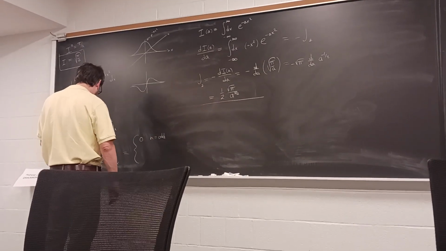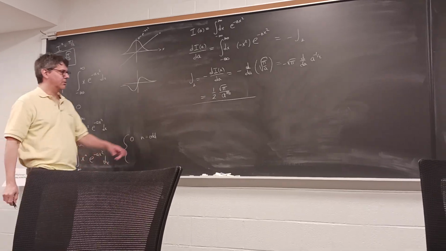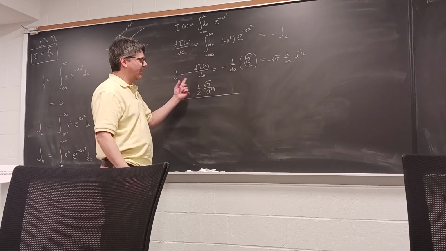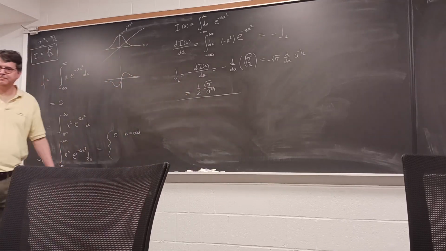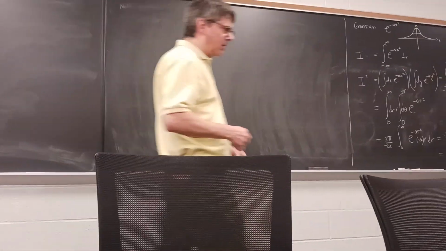It's 0 for n odd, and then there's a general formula for this thing here. You can work it out if you just do the next few derivatives. It's pretty simple. So let's compute the,